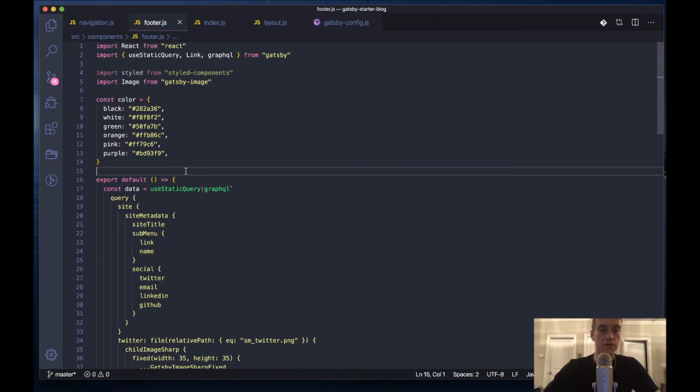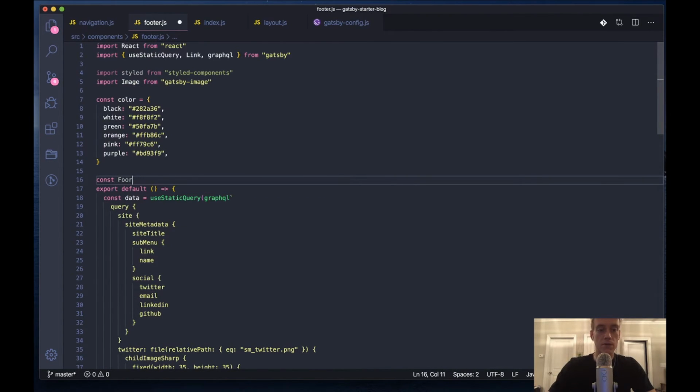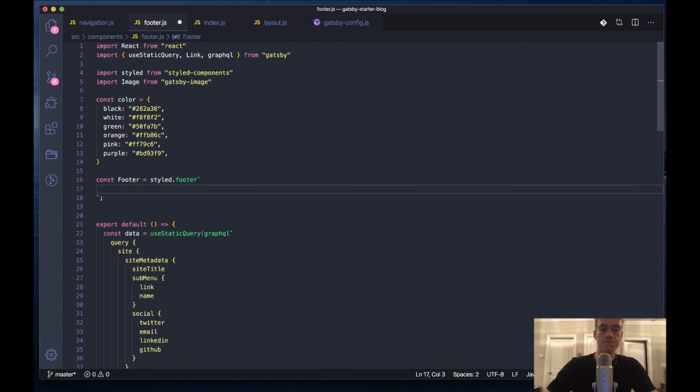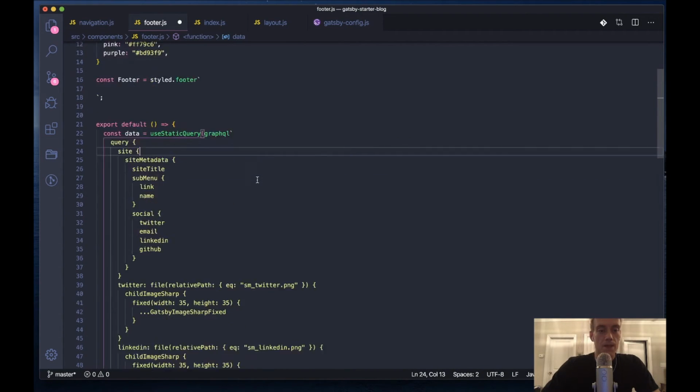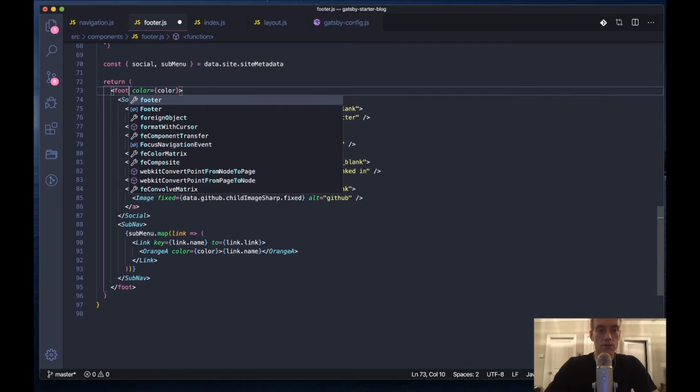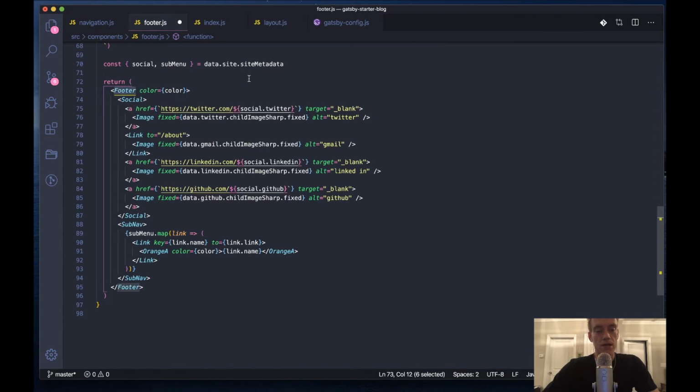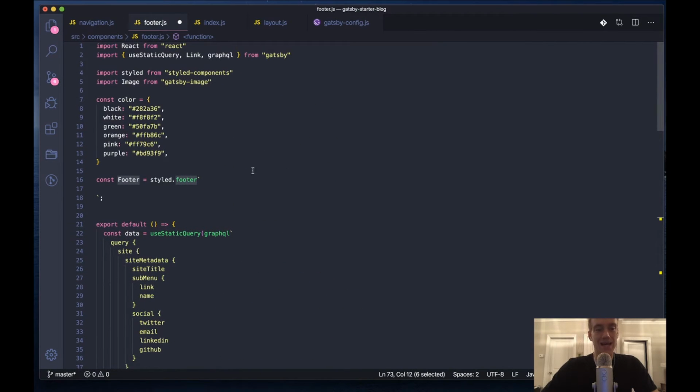So I'm going to build this up here. I'm going to add const Footer for the styled component. And then I'll just do a couple, and then I'll just end up copying and pasting them in. Footer, and like this. So styled.footer means this is a footer tag. This could be a div tag, an anchor tag, a paragraph tag, but in this case, we're using a footer tag. And instead of writing footer here and then writing style equals, that's what styled components allows us to do. So we just write a tag, whatever we want to call it, and then we define that tag and all the styles within it up here